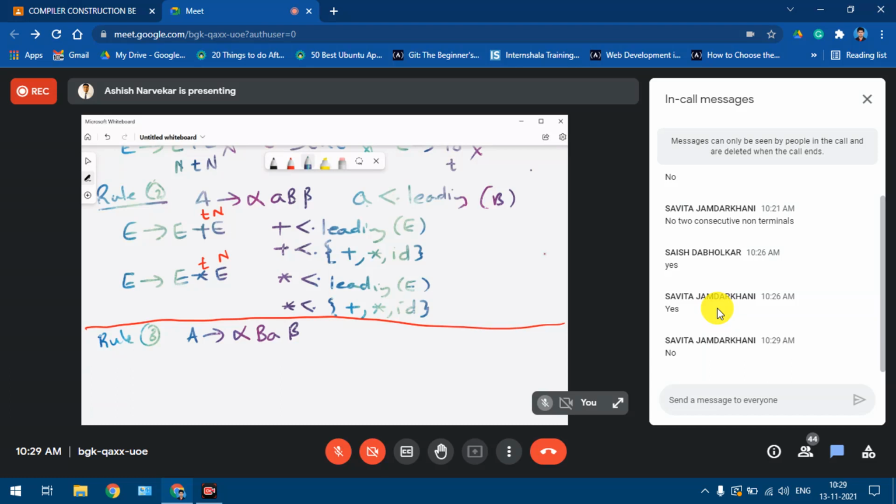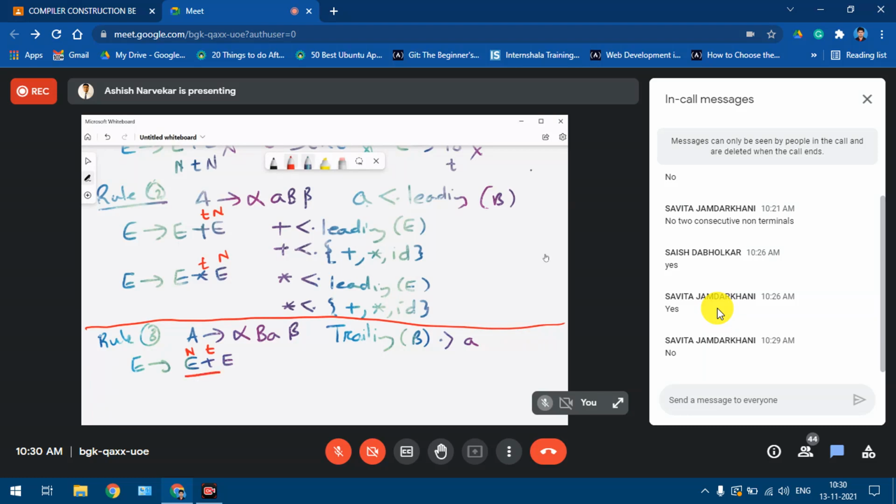So in this case, it is trailing of B having higher precedence than A. So if we consider our rules, we have E gives E plus E. So here we can see that it is non-terminal followed by terminal. So you get that pattern over here.